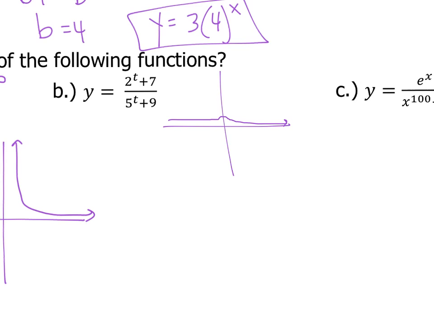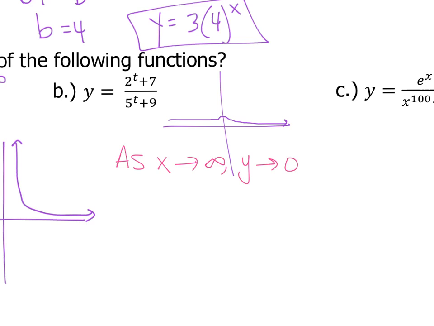You can zoom in a little bit and do a couple different things. Definitely looking at your table of values is going to help you. So if you look at your table of values, and if we start looking as x goes to infinity, we can see that this function is getting really close to 0. So we'll say that as x approaches infinity,